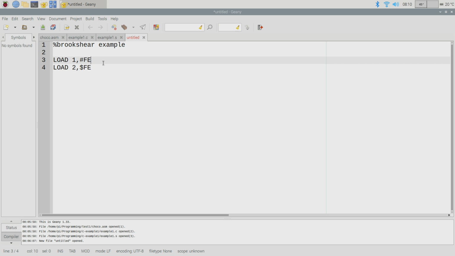What is loading an immediate value in machine code would be, that's memory. Yeah, 2 is immediate. So this would be 2-1 FE, and then this one as a machine operation would be 1-2 FE, right?